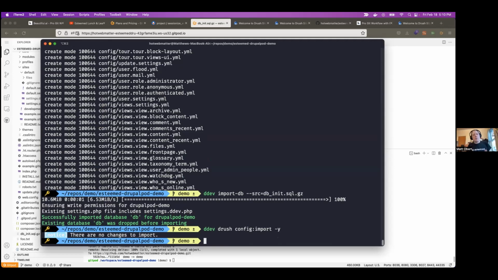Huzzah! So this is the proof of concept. We have the same beginning state of the database after installation on Drupalpod and in my local development environment. That means that now the UUIDs for all of these configuration schema keys and values are all going to sync up. It's not going to say, wow, you're trying to import configuration from a completely different website. It's going to say, I recognize that this is the correct, and I believe, Michael, you just asked demo